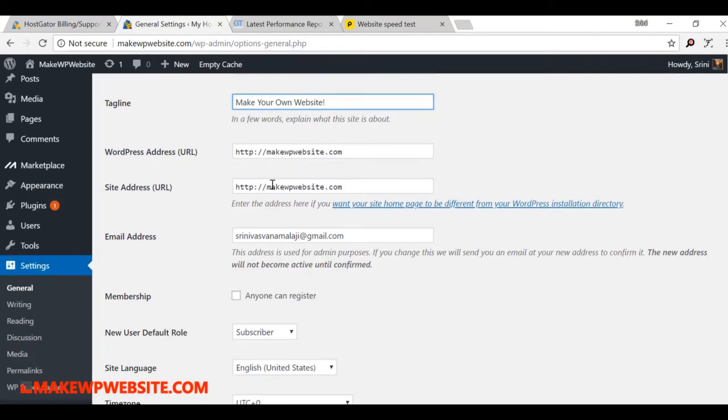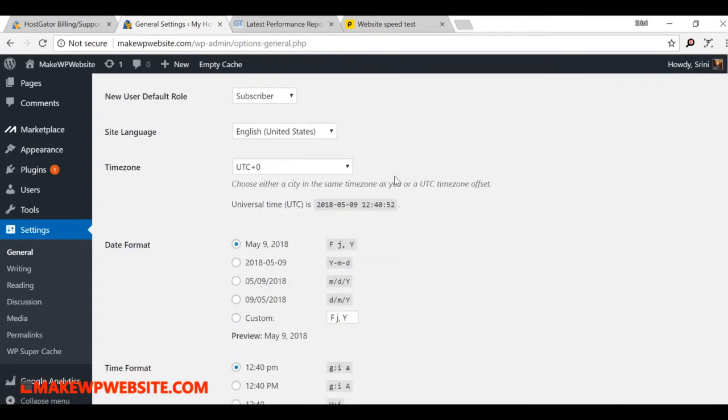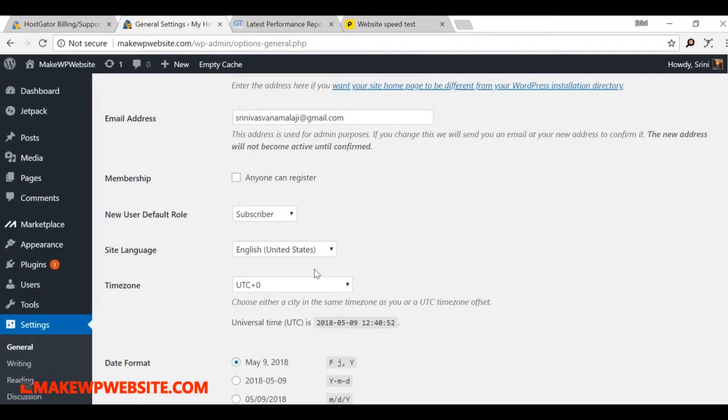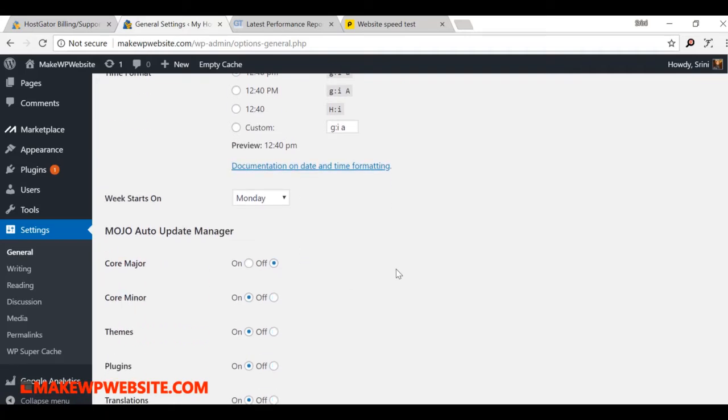Then you leave the address as it is. If you are having an HTTPS and you don't see HTTPS, just make yes here. Because the most important thing is your email address. Make sure this is the right email address that you get communicated, because if there are any emails that are sent from your site, they will be sent to this email address. Okay, so make sure the email ID is correct. Okay, and then there's a time zone here and you can see which time zone fits you. So whenever there's a communication, then this time zone will be reflected.